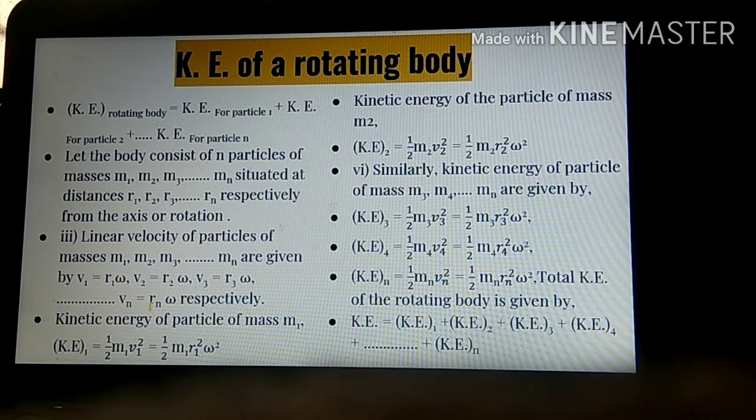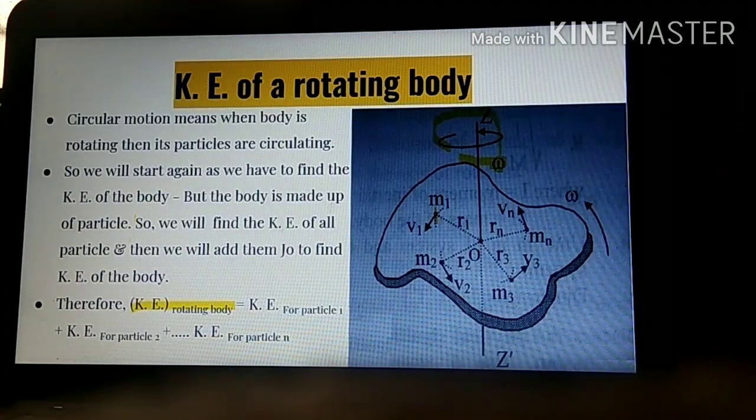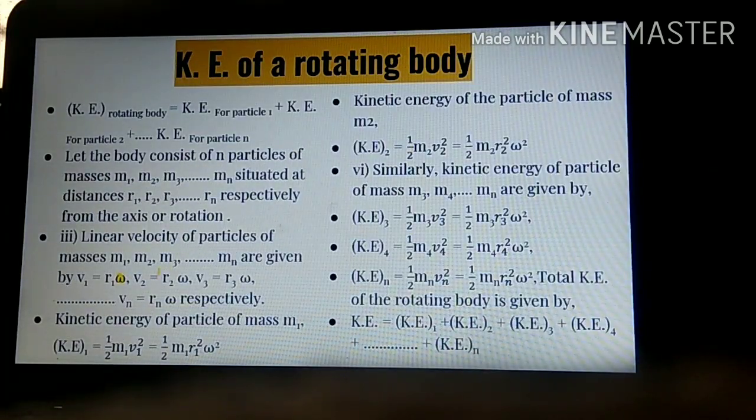We can move up till r_n omega. Okay, you will see that in this formula v1 is changing, radius is also changing, but omega is constant, because we have seen previously that angular velocity was the same, but linear velocity was changing. Similarly over here, angular velocity is the same. So we can substitute this formula if we want to find out kinetic energy of mass m1.